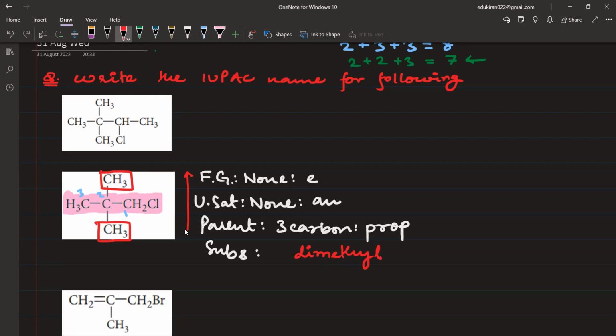And where are these 2 methyl groups? One of the methyl groups is on the second carbon, the other methyl is also on the second carbon. So you have to tell the location of both the methyl groups. And if you start writing it like this, you will get 2,2. Name आपका हो जाएगा यहाँ पे